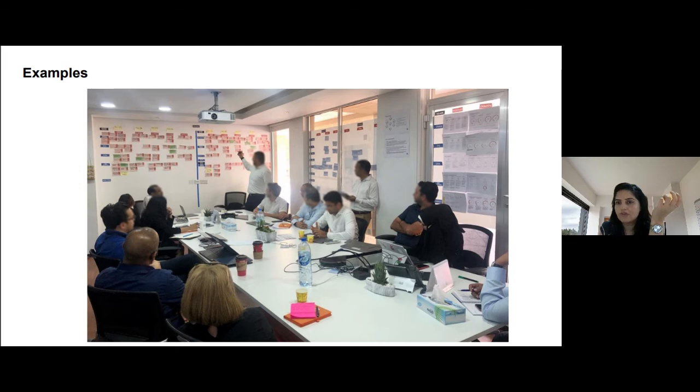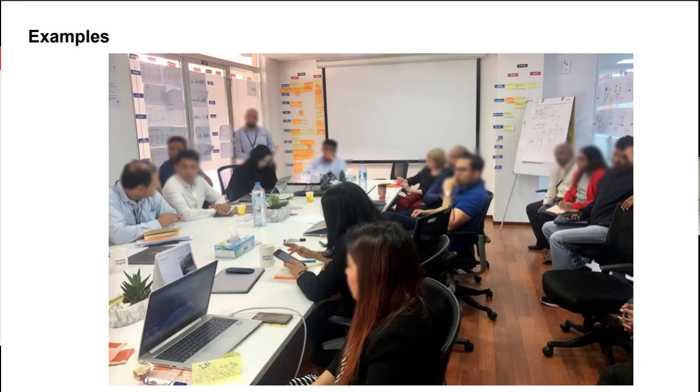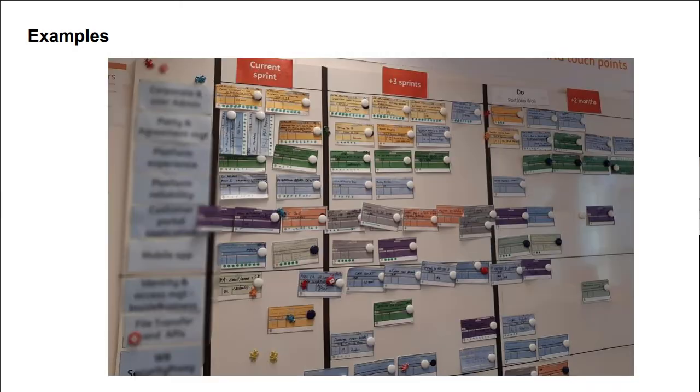And then this is the performance wall. So this was a very big room, so we actually divided the space into actions and blockers and performance, and this side is the actions wall. Okay, so this is an actual meeting happening, and this is the other side of the room. This time a very big audience was there, and we were discussing things. So this is the action wall, and there is a projector also here.